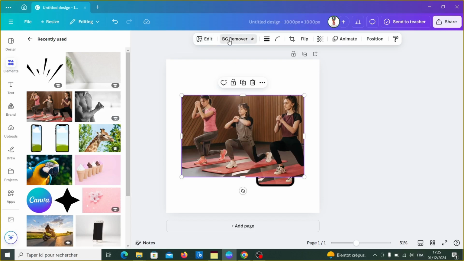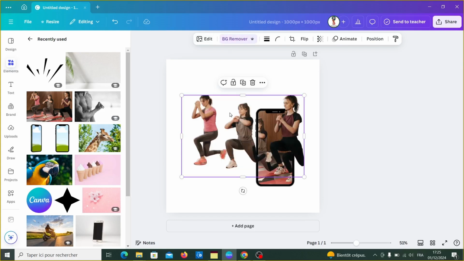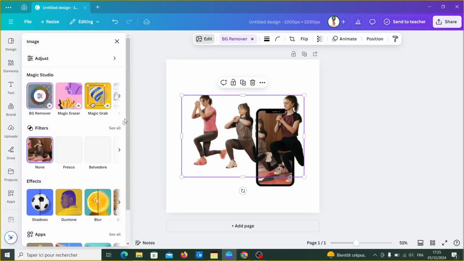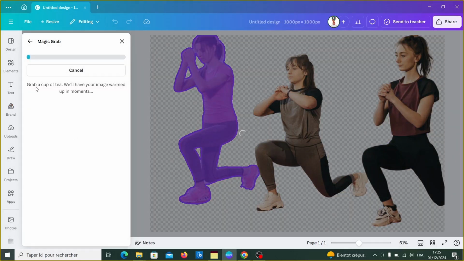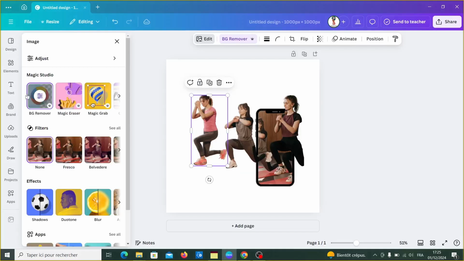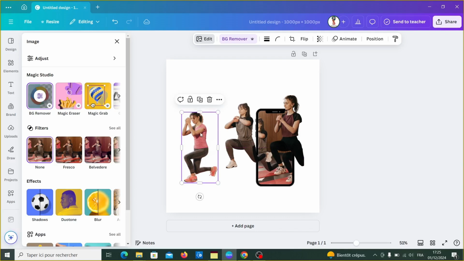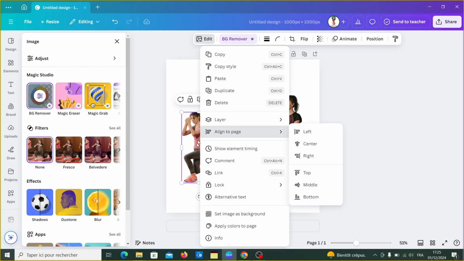Click on background remover. Go to edit and magic grab this first lady and grab it. Great. So delete this image